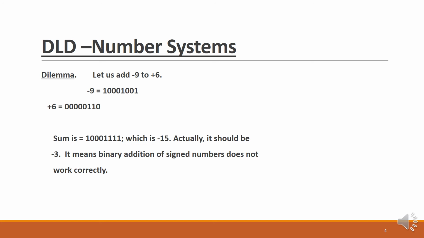If we sum them up like we sum up in the decimal system, where we take a carry, here also we take 1 as carry to the next position. If you calculate by the same method where we have seen, but that was the ab initio method, I am going to tell you a very simple method also. The result is minus 15, and actually it should be minus 3. It means binary addition of signed numbers does not work correctly with every combination. It does work correctly with some combinations, but not with every combination.